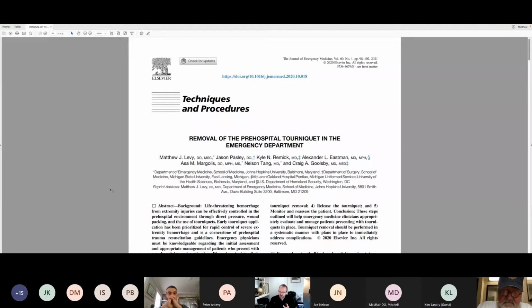And recently, if you follow any of the literature on pre-hospital hemorrhage control, you know that there's quite a back and forth in the literature right now about the efficacy of tourniquets. And let me be very clear, efficacy is the wrong word. No one disputes that tourniquets work in life-threatening hemorrhage, particularly on the extremities. I don't think you'll find any expert who will contradict one another about that. The concern that we have is there is a small but growing body of literature about the inappropriate use of